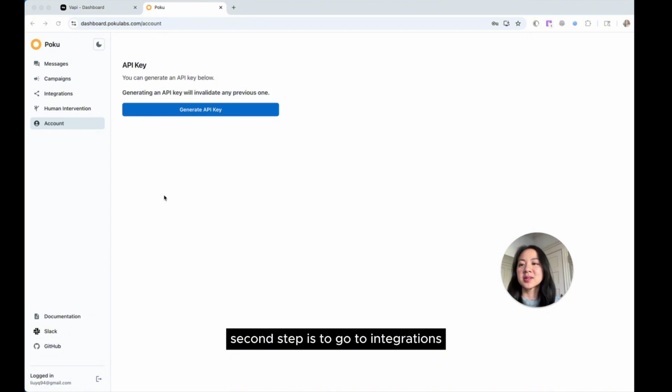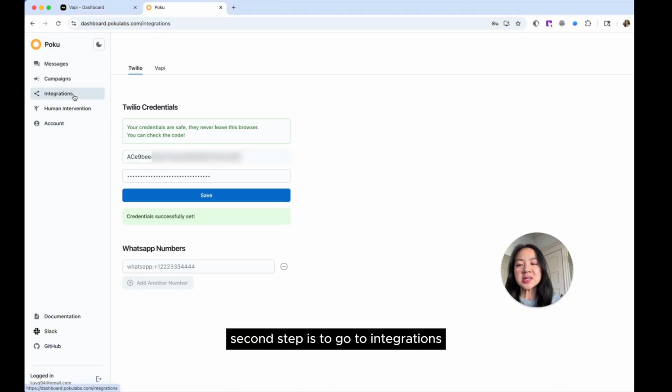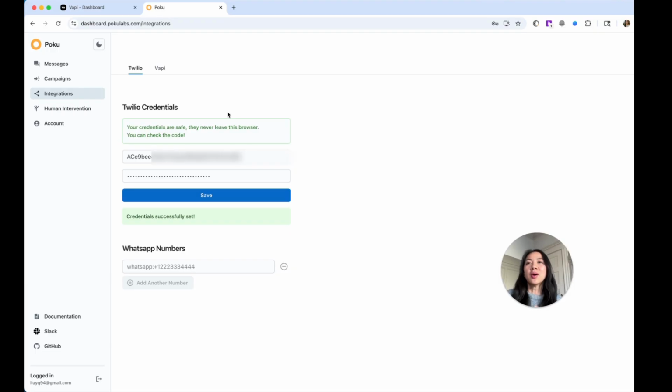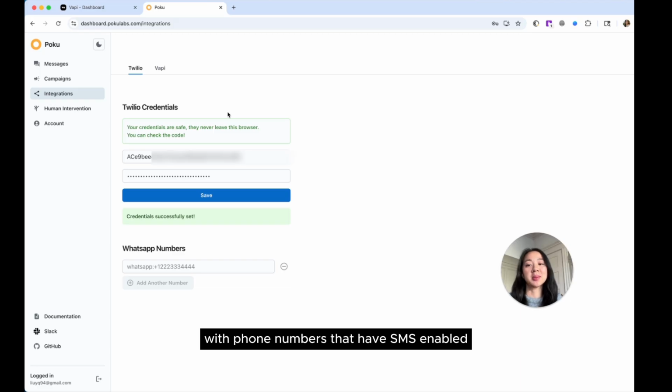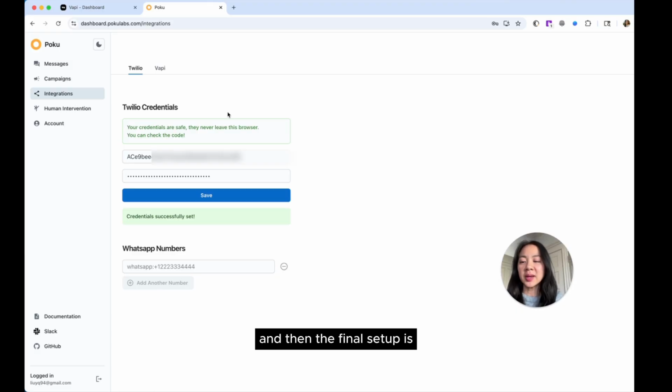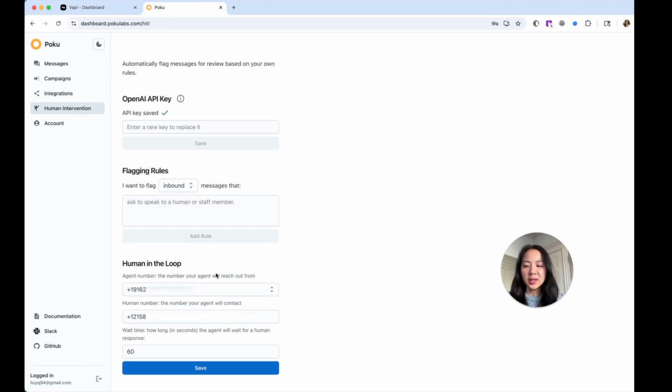Second step is to go to integrations and plug in your Twilio credentials. This is important because the contact human tool right now is only compatible with phone numbers that have SMS enabled. This is similar to Vapi's requirements for using the send text feature. So plug in your credentials, and then the final setup is going to the human intervention tab, scrolling down and